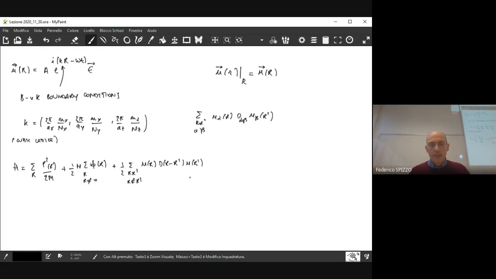Okay. Before going on with the calculation, I just recall some of the properties of this matrix, since I will need to use those properties later. So concerning the indexes of the matrix, D alpha beta is equal to D beta alpha. So D is a symmetric matrix, and this is due to the fact that the matrix is defined in terms of the second derivative of the potential with respect to the coordinates.